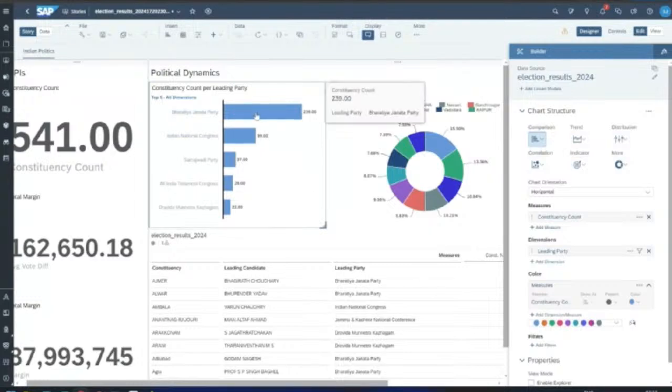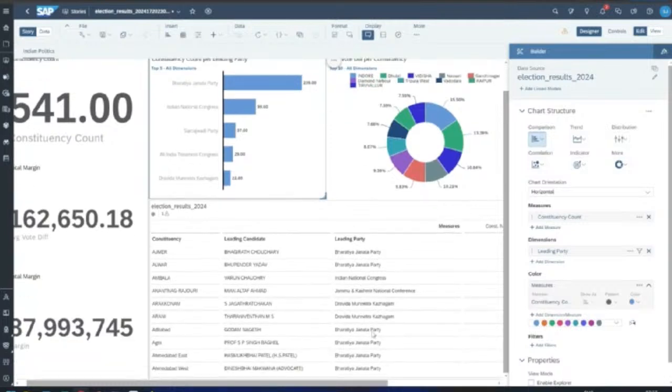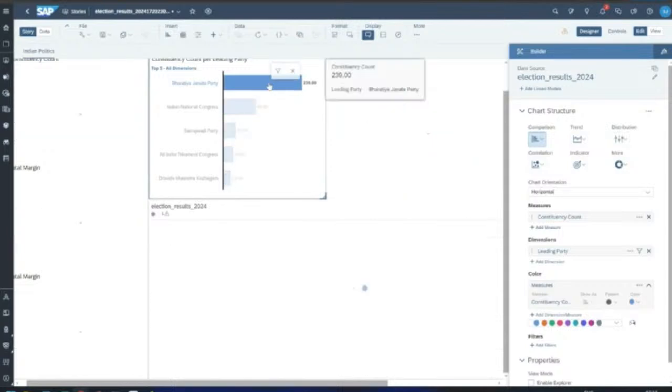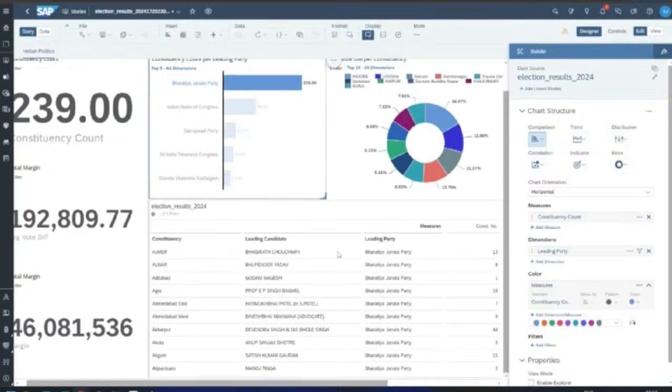The moment you click BJP, you will see here how many constituencies BJP won, what was the total margin, and what was the average margin for BJP to win the election in these constituencies. And in this table now, you are going to see only the BJP candidates. So I click, and there you go. You see all the BJP candidates in the different constituencies where they won the election.